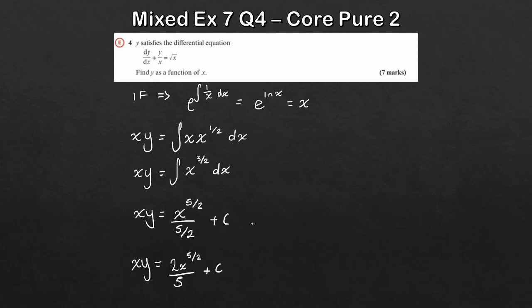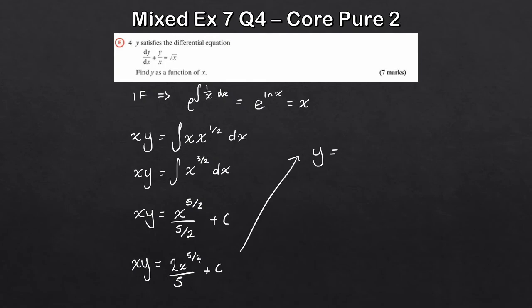Never forget your plus c, very important, because obviously it's a general solution, right? So we need that plus c because it's a general solution. And then finally, to get y as a function of x, I just need to divide through by x. So y is equal